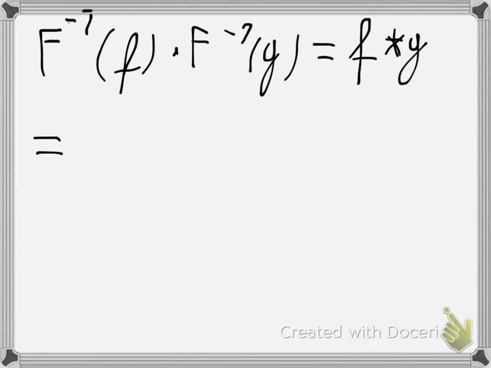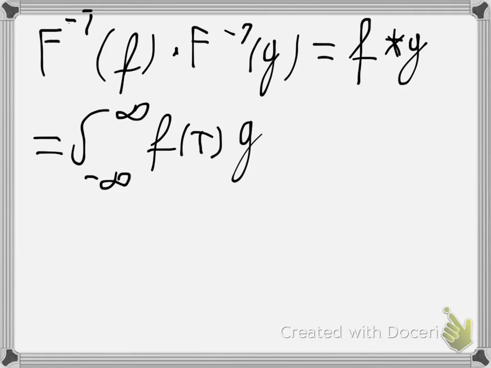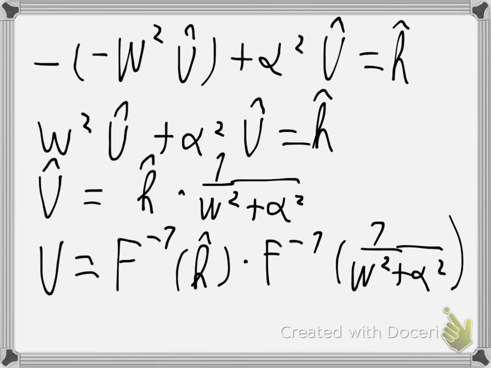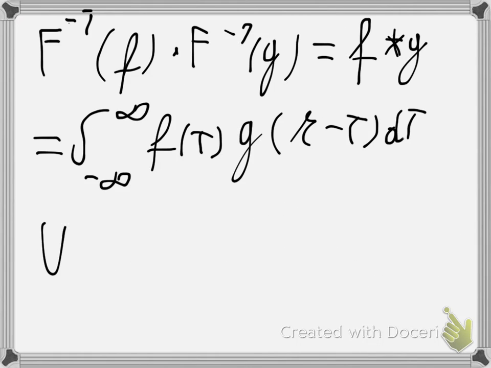The convolution is defined as the integral from -infinity to infinity of f of tau times g of t minus tau d tau. Okay. So if we do that, we get that u is equal to h